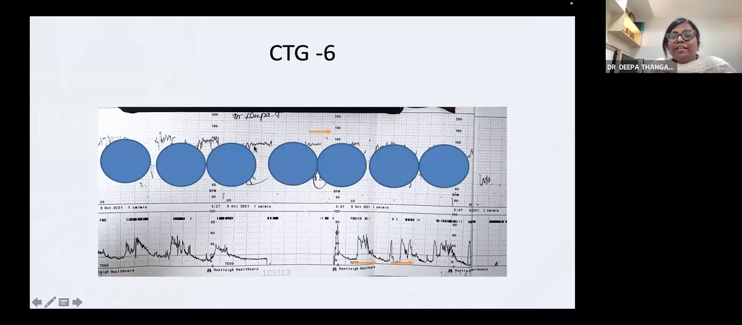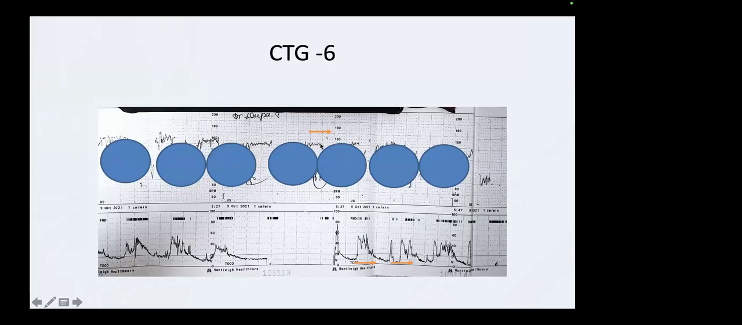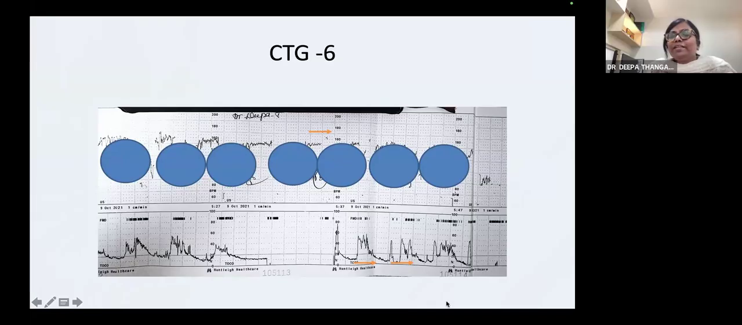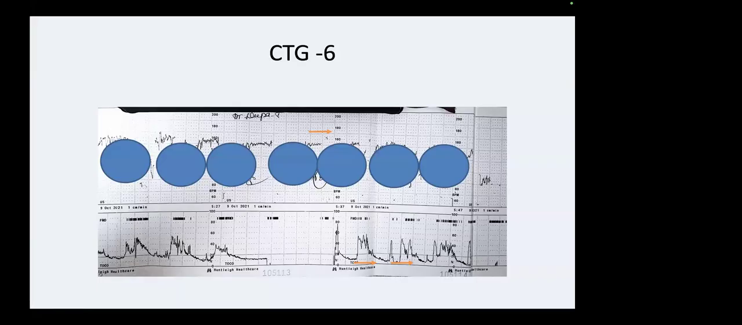Each line is coming up to 2 squares, so almost 2 minutes. Here only 1 square, but here it's almost 2 minutes. Here also almost one. So it is stable, right? Yes, ma'am. Okay, fine. So baseline heart rate is 160, tachycardia with stable. And there are, yes, ma'am,